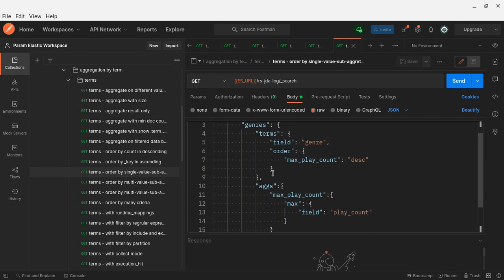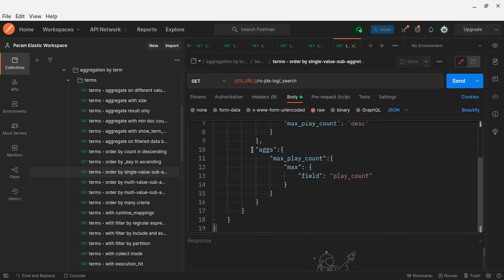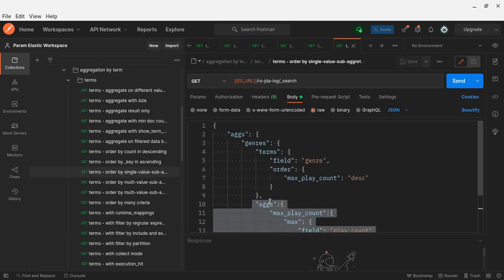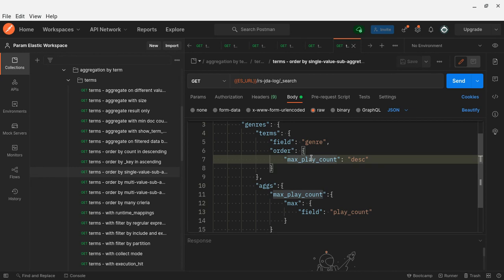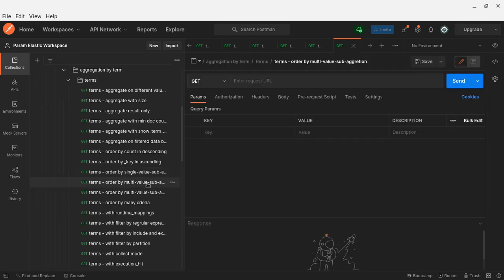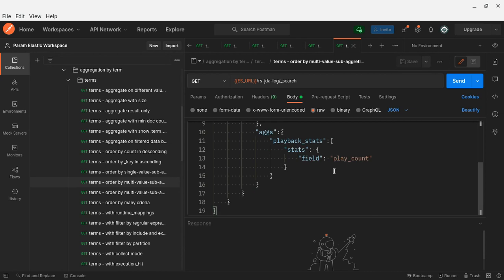So I'll tell you about order by. As I said, you can use either key or count, and count is the default. But I can use a sub aggregation as well. Using a sub aggregation I can do sorting. Very interesting, right? Using the sub aggregation, you can see this column is matched. I do the sub aggregation, and accordingly it will do the ordering. Wow. Single value again, multiple values. Here you can use stats, you can give many values.